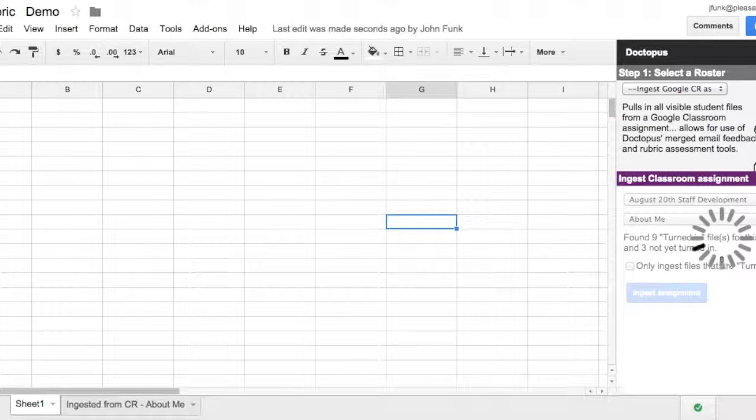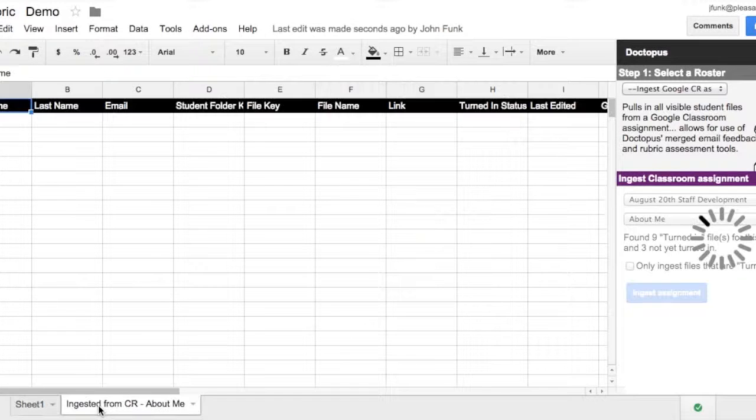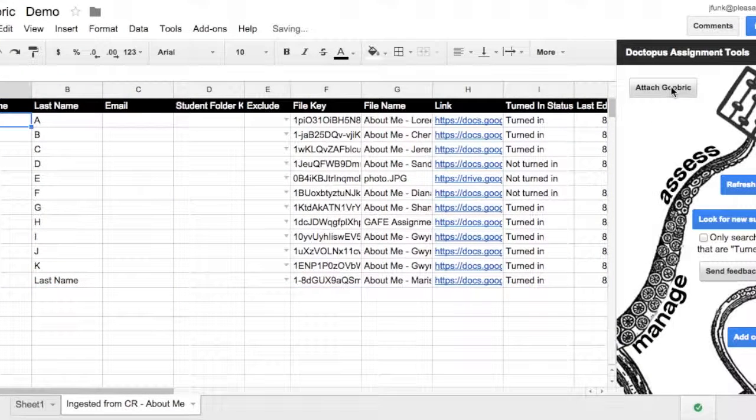And what it will do is it will put all that information into a new spreadsheet down at the bottom right. And it's called Ingested from CR, and then it tells you the assignment title. And it's still going for a little bit here, and then it should open that sheet for me, and it will have the first name and all of that information. And now what it's going to do is, on the right, allow you to attach a Goobric. Okay, if that's your rubric that you want to attach, so you need to click that,